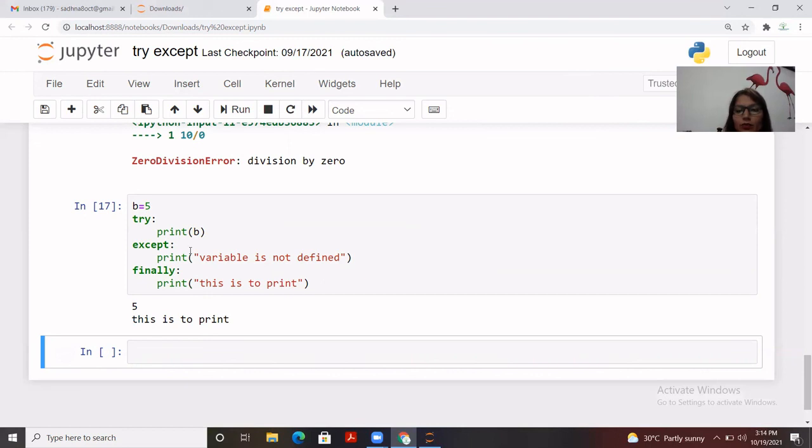Rather, you have two cases to use the except. One is you simply pass the name of the error and give the message, and in case you don't pass the name of the error, then whatever error is raised in the try block, it is going to display whatever message you have put into the except. And finally is the one which is going to be executed. It doesn't matter whether your exception is raised or not. So this is how we use it.